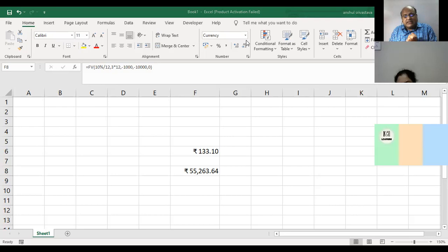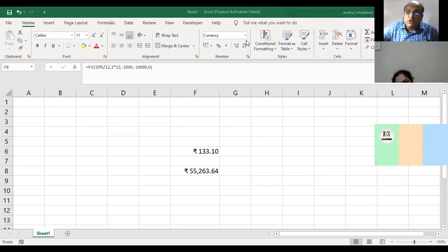But there are two products where the payment doesn't happen immediately. There are loans and bonds. If you take a loan, you generally pay the first EMI one period down the line. And bonds, there are no bonds in the world that are going to pay you interest in the beginning. All the bonds are going to pay the interest at the end of the period only. So loans and bonds, type 0. Otherwise, take type 1, and in the real life scenario, you will know.